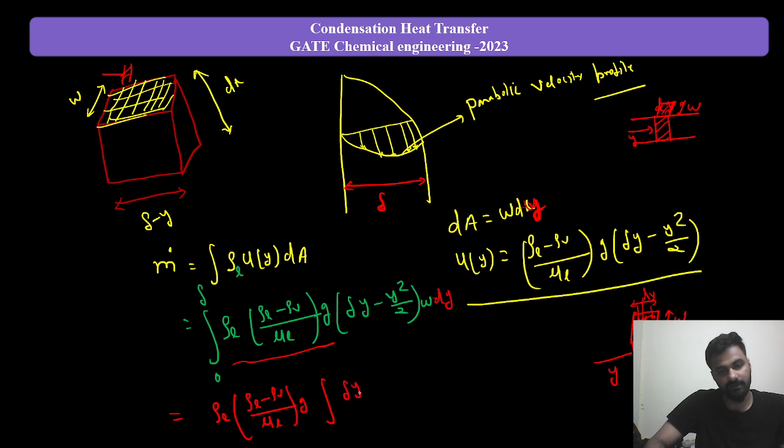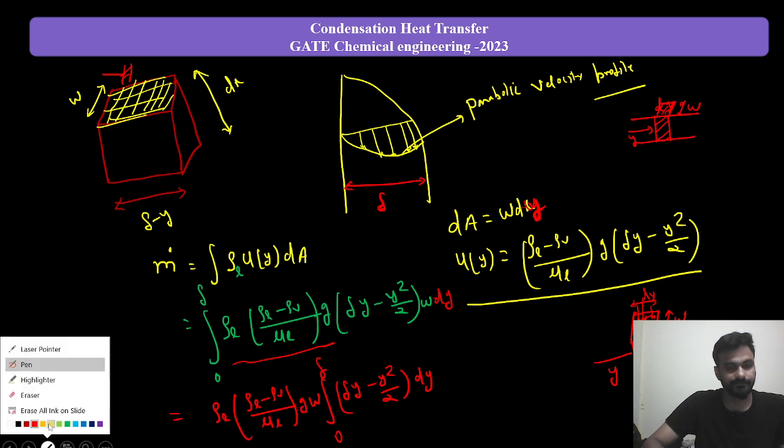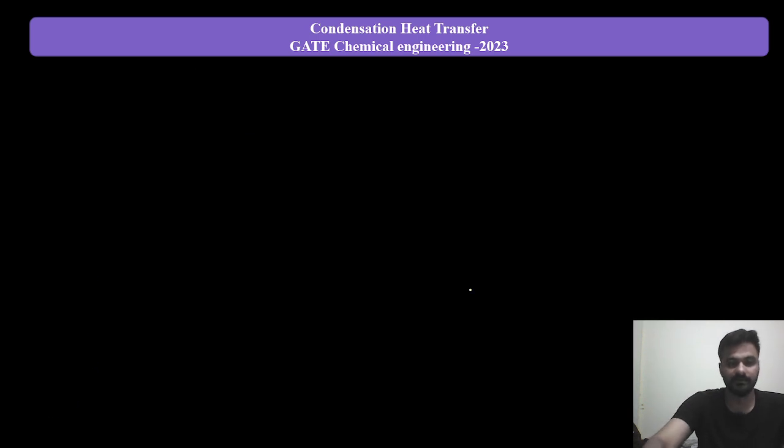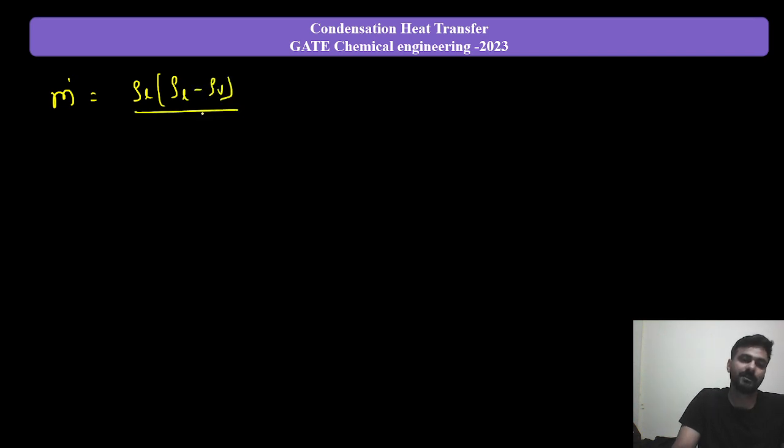And now that del Y minus Y square by 2 is a function of Y, that's why it will be under the integral 0 to delta. And here we'll have to multiply by W as well, right? So next, it's only mathematics now. So now we can write m dot equals rho L, rho L minus rho V upon mu L